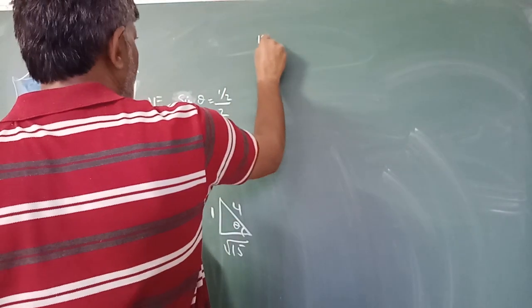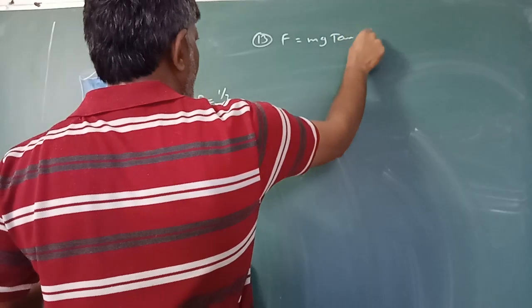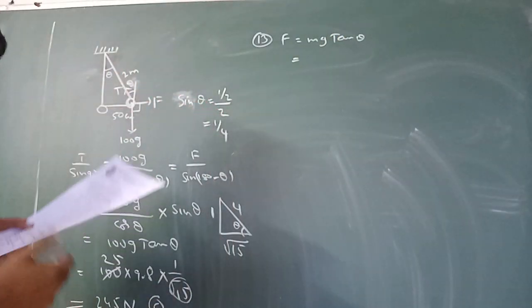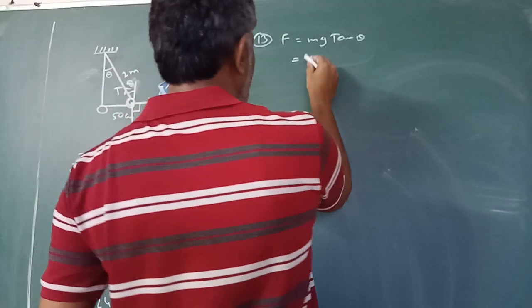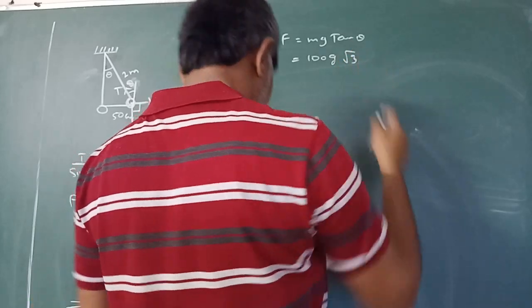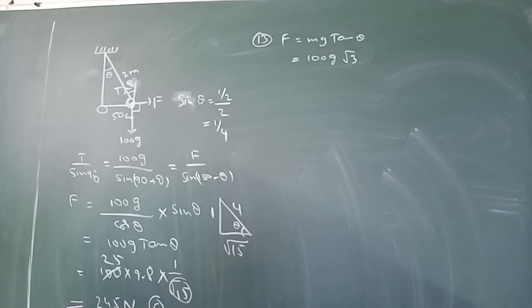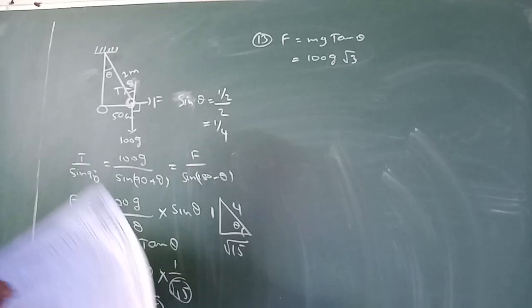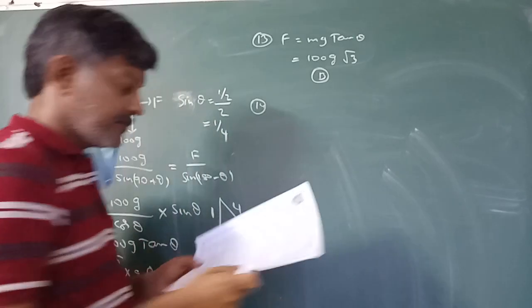13th one, same formula, F is equal to mg tan theta. That is equal to 100g into tan 60, root 3. 100g means 9.8 into 100, 980 root 3, option B. 14th one,